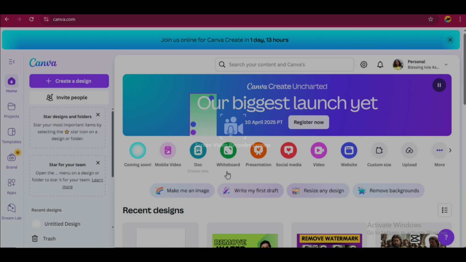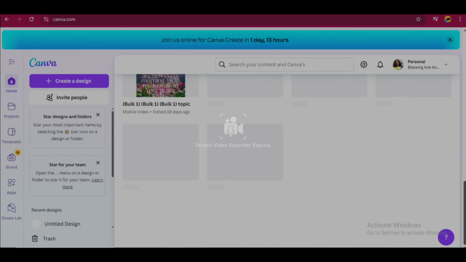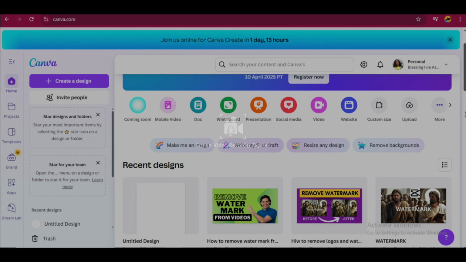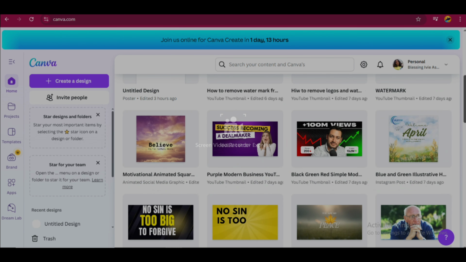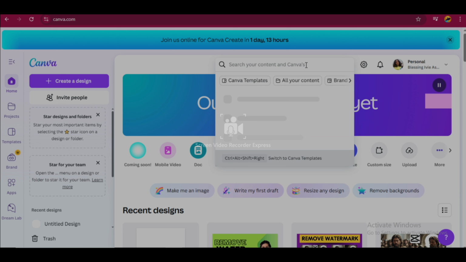So for this tutorial I'm going to be making a poster. Canva has thousands of templates that you can work with, and you come here to search for poster,